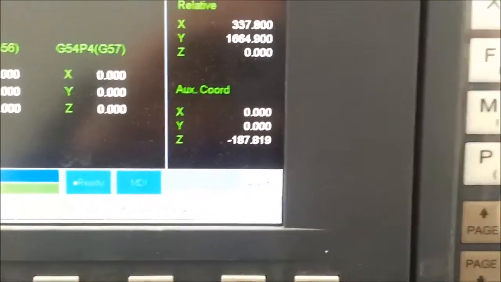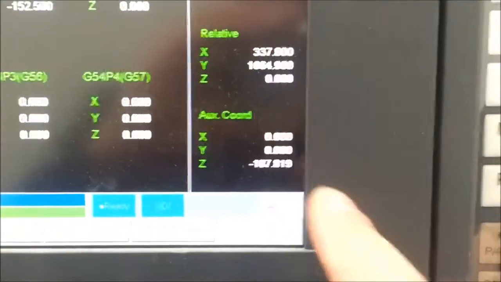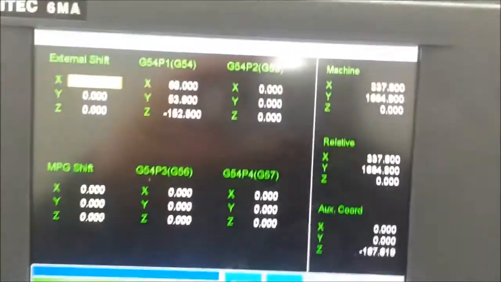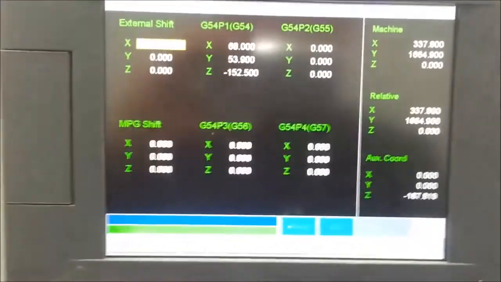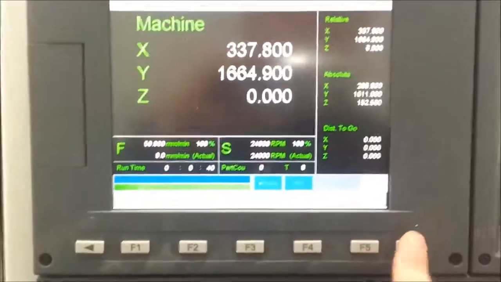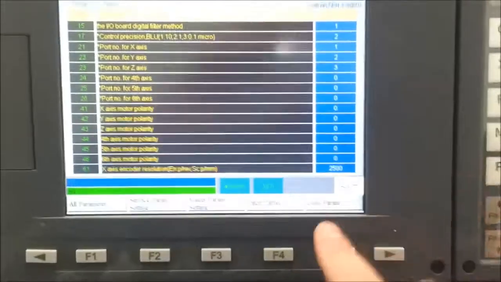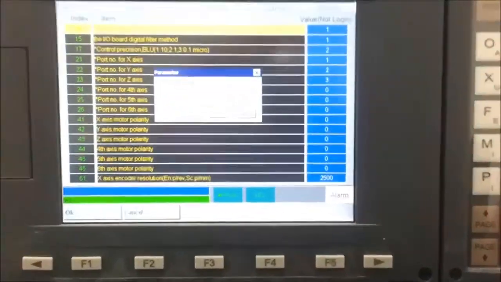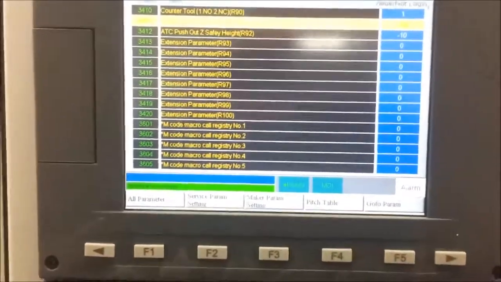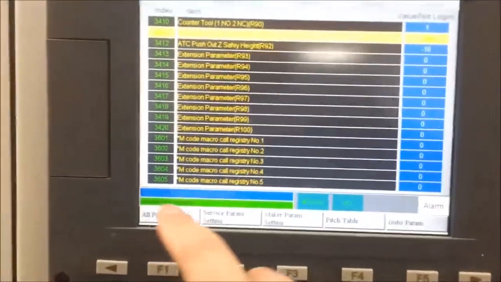Okay, so as you can see in the auxiliary coordinate, it's recorded that reference just here. So I'm now going to take that, now that I've written it down, and go and plug it into that parameter. So if I come out of here and I go back across to the parameter settings, and then I punch in go to parameter 3411, enter, that brings up the parameter, and up the top, second from the top there, we punch in the